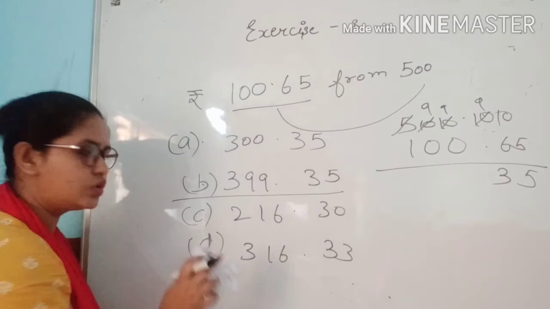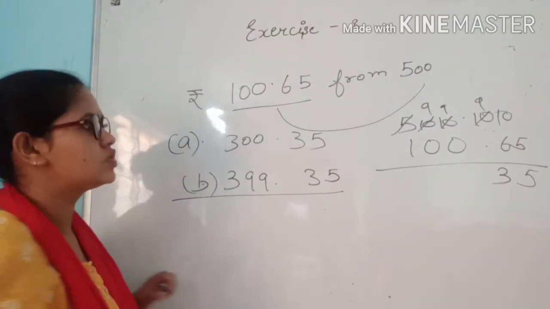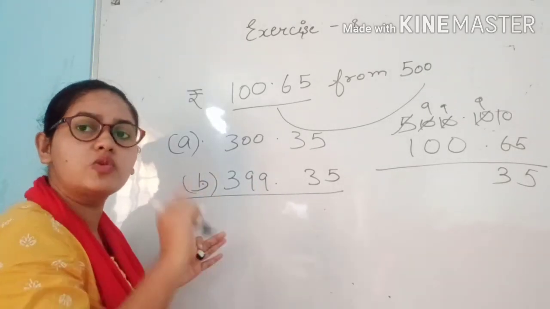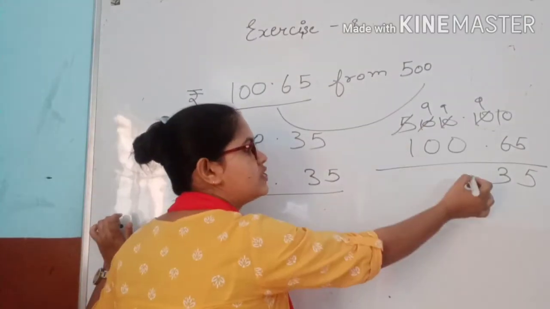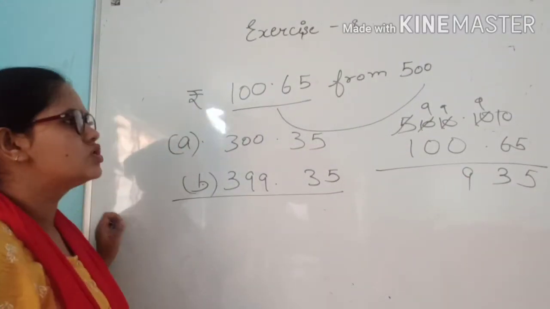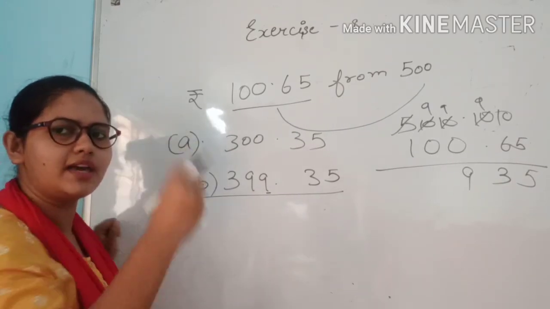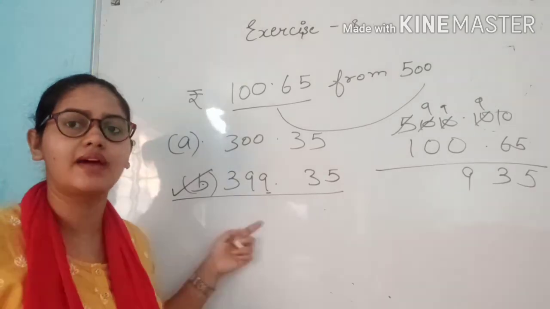So now we have two options. Now from these two answers we have to select one answer. So just now we can see here is 9. So we will take a 9. Where do we have 9? Here we have 9. So we can guess quickly which one is our right answer. B is our right answer.